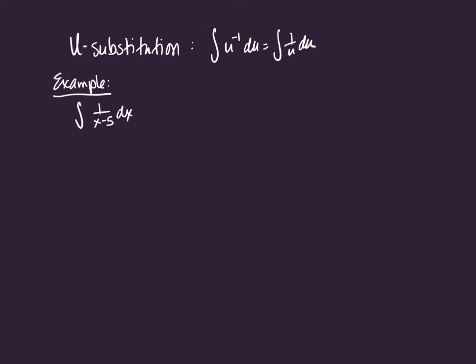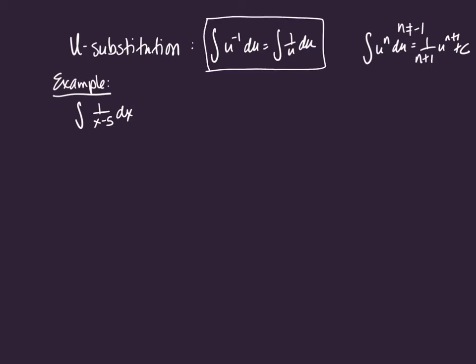This is the next video in the series on u substitution. We're going to focus on u raised to the negative first power, also known as 1 over u du. We already saw in the other videos how to deal with when we get this format. But this one, remember, is for n not equal to -1. So what happens when n is -1? We're going to use that version. And we notice that this is going to be the ln of absolute value of u plus c.